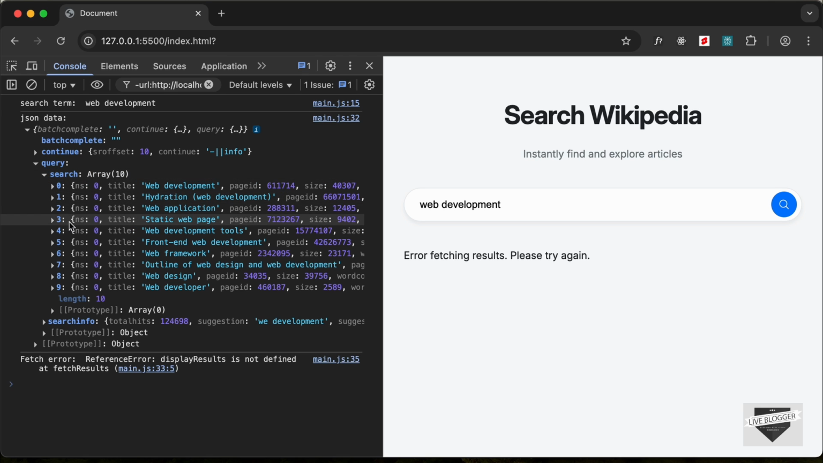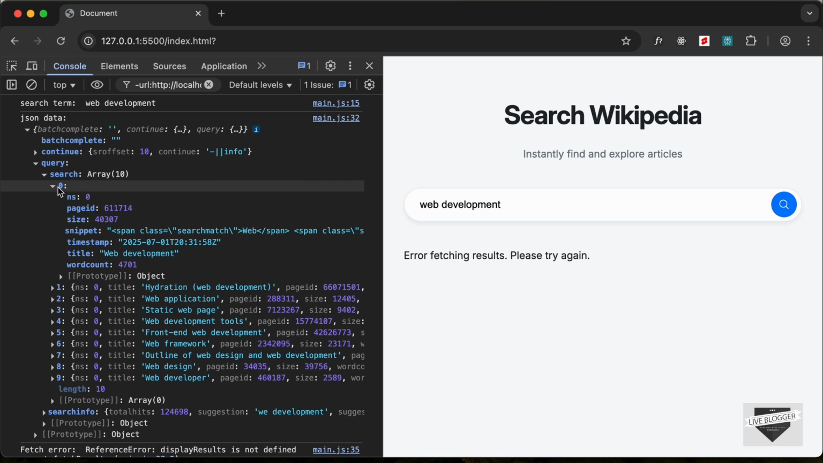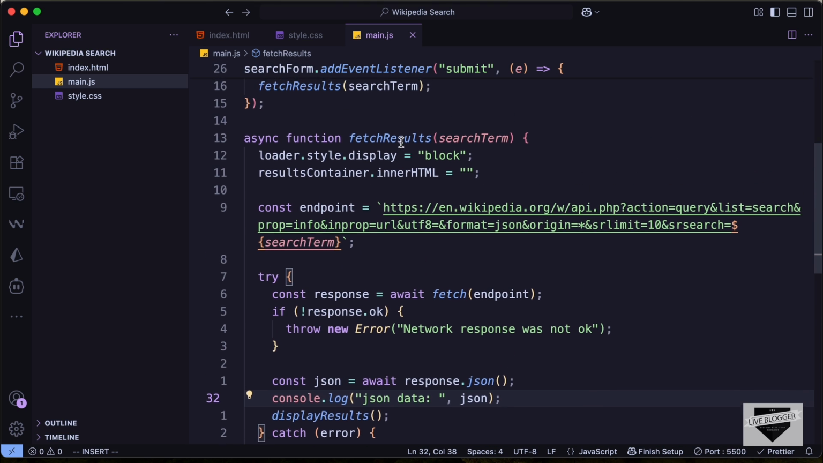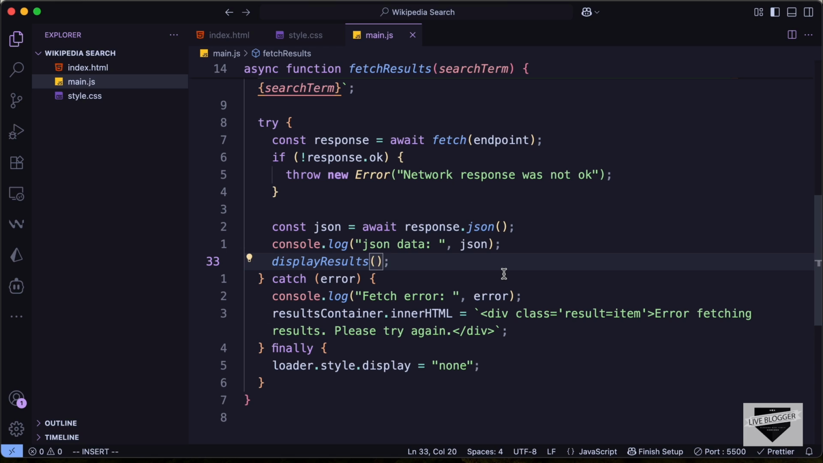And if I open this, in each of these search results, we have all these different details. So we have the snippet, which we can use for the description. Then we have the title, and we also have the page ID. So let's go ahead and use this data for displaying the results. And we can see that the data is inside query search. So let's go back, and here when we call the function, let's go ahead and pass